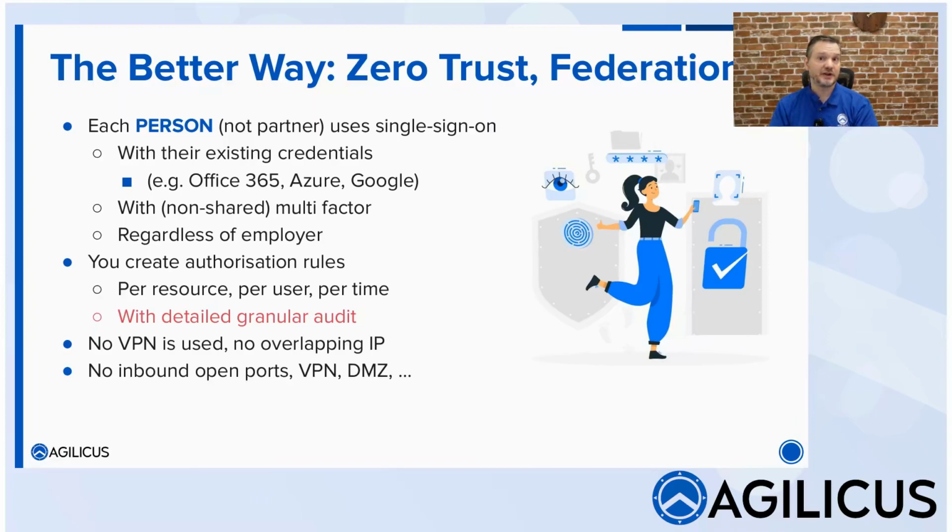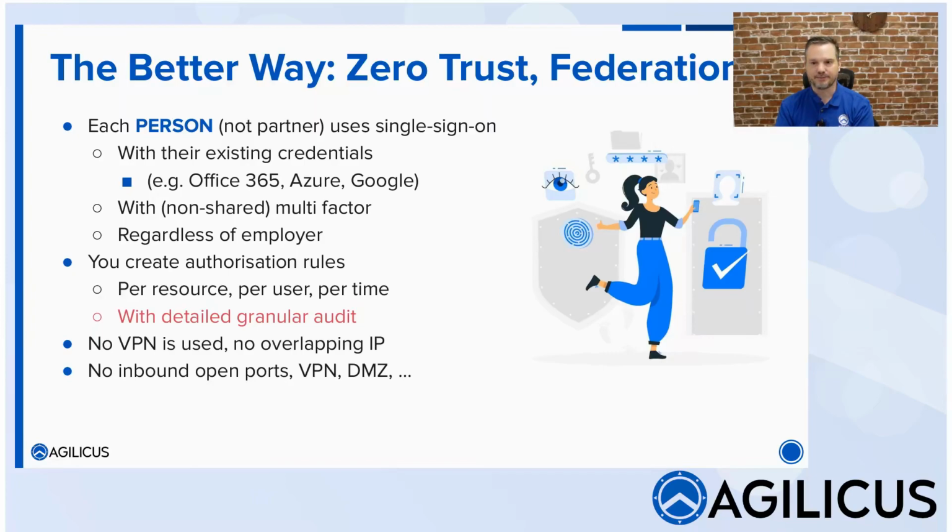In Zero Trust with Federation, we rely on existing identity providers. So first of all, we're not going to require the creation of new identities. We're going to use exactly the ones that exist within an organization, a third-party vendor, a contractor, a personal individual, for example, by integrating with existing providers. Those could be, for example, Microsoft with Office 365 or Azure AD. It could be the Google G Suite, for example, if I have a corporate organization such as Agilicus, leveraging the